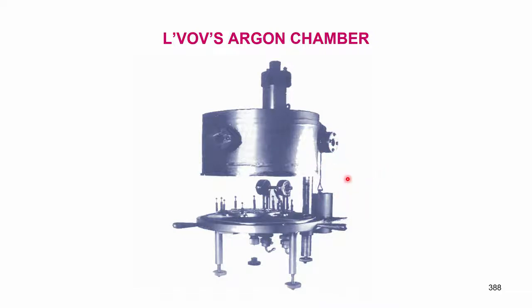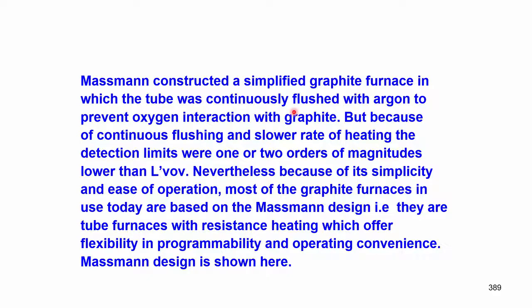So, what happened was, later Massman constructed a simplified graphite furnace in which the tube was continuously flushed with argon to prevent oxygen interaction with graphite. When you do not pass the oxygen, graphite will not burn, fundamental truth. But because of continuous flushing and slower rate of heating, the detection limits were 1 or 2 orders of magnitude lower than Labov. So, here the point is, in Massman design,